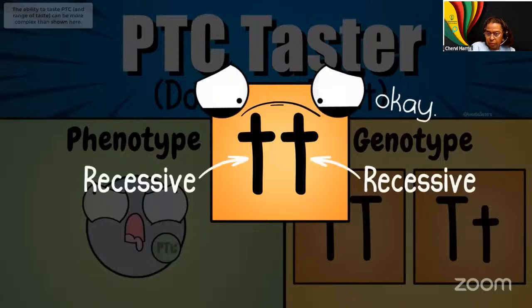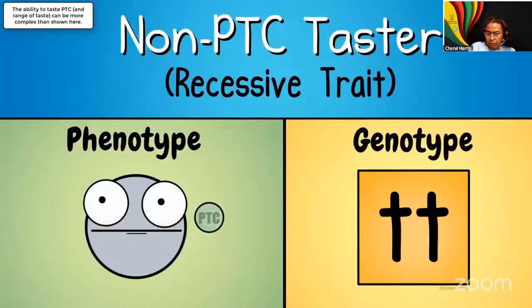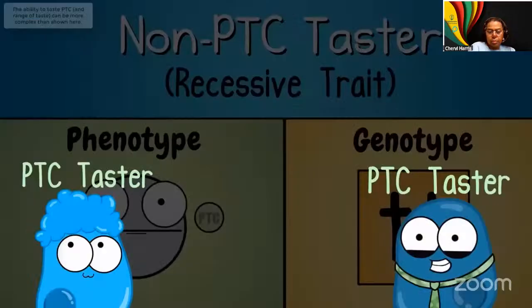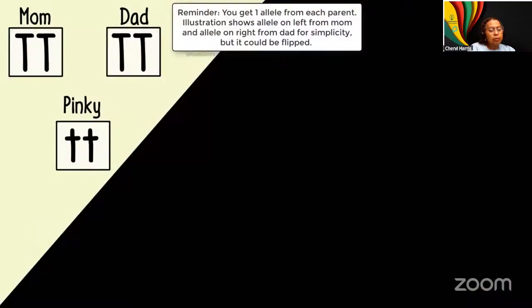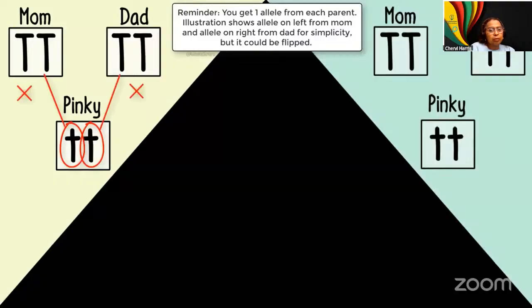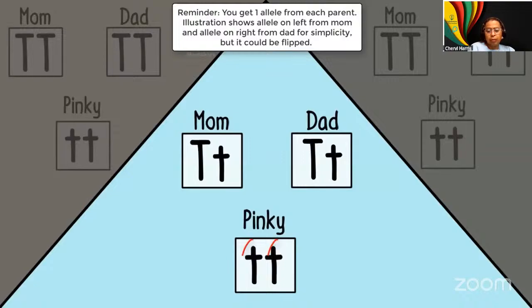So obviously that is what I am. I am the little t, little t genotype, which results in my non-taster phenotype. But my parents can taste PTC. So what genotypes would they have to be? Well, if they were both big T, big T, that wouldn't be possible. If one was big T, big T and one was big T, little t, that still wouldn't be possible. Remember, you have to get an allele, a form of a gene, from each parent. If my parents do taste PTC and I do not, then my parents have the genotype big T, little t,